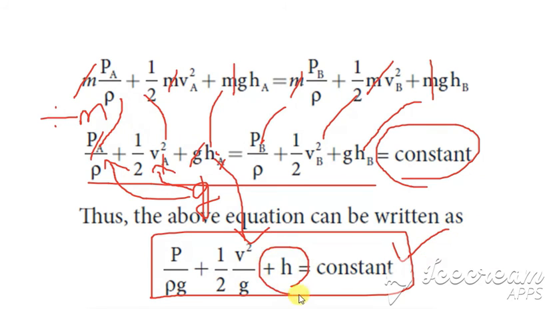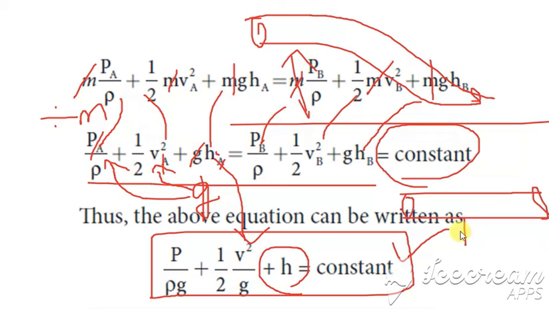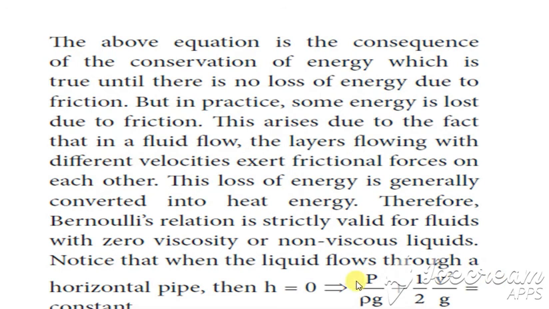And the last condition is if you consider the pipe, so we are considering the pipe in this way, is it not? And so we have the height here because this is of varying height. Suppose we consider the pipe to be at this level, then there is no height difference in this, and so h will be considered as 0. So we get only this term. So that will be the last one. So if we consider the height h to be equal to 0, then we have P by rho G plus half V square is equal to constant.